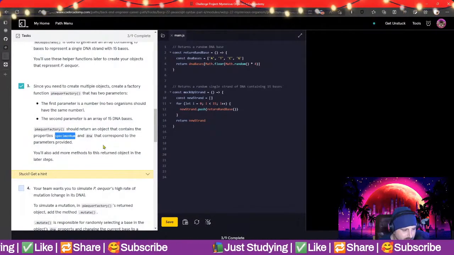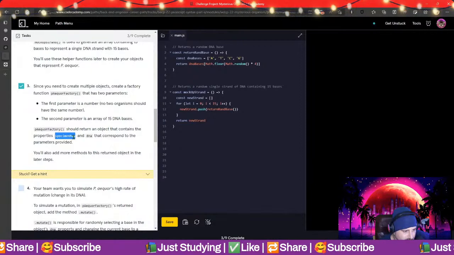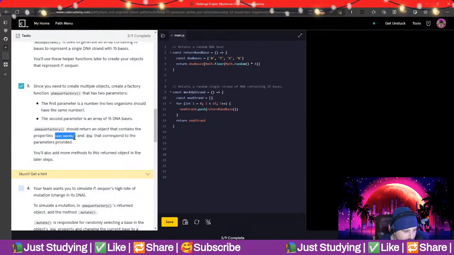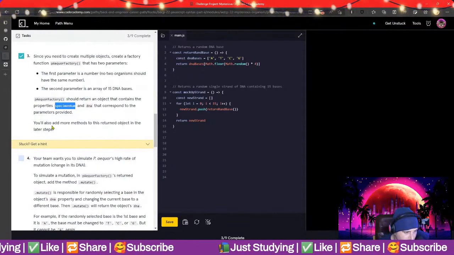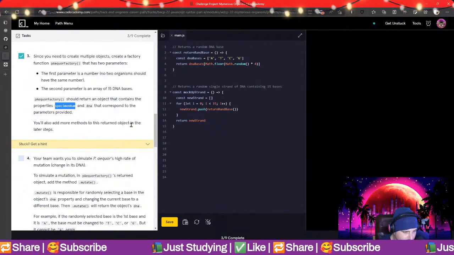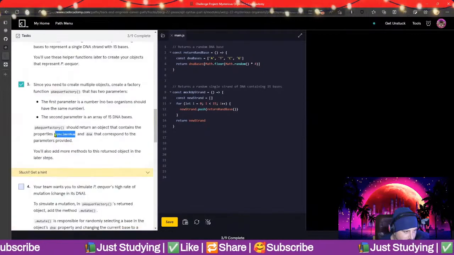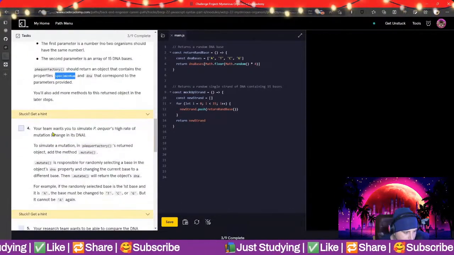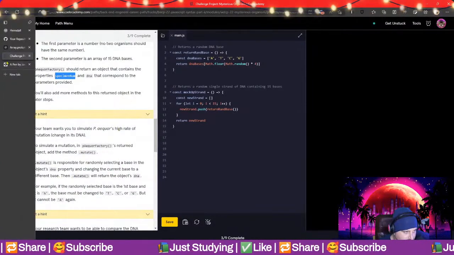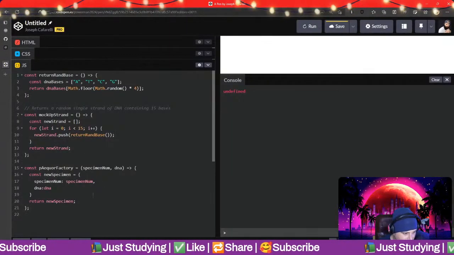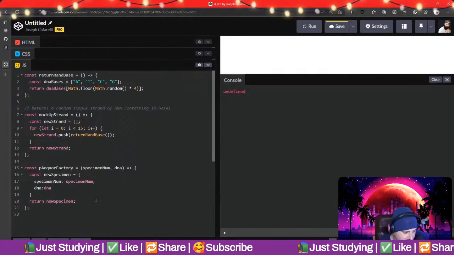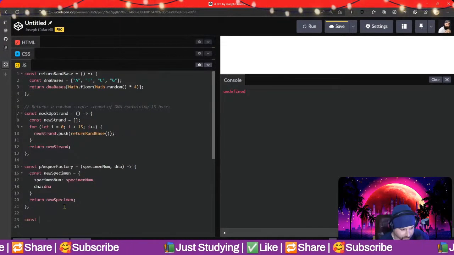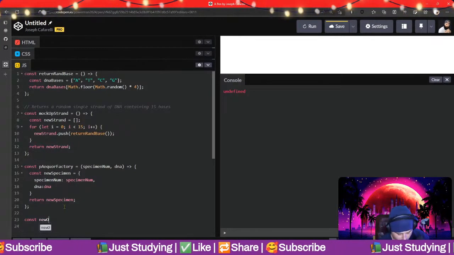Okay. Should return an object that contains the properties, special names that correspond to the parameters provided. Done. You also add methods to the object. Okay, so we did that. All right, your team. So what this does right here, now we have essentially an object factory. So we can assign a new object